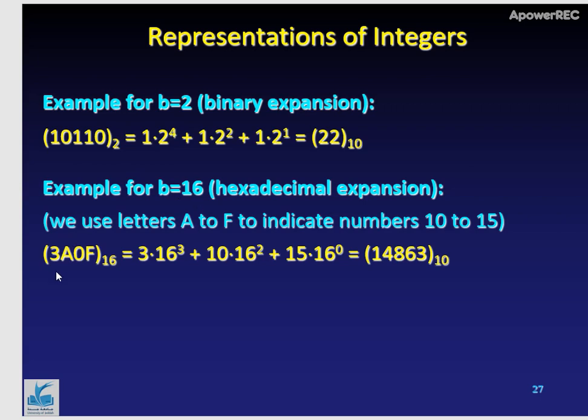So we see that here we need to express these digits by using letters from A to F. Okay? So A represents 10, B represents 11, and so on up to 15, which is represented as F. All right, so this is a hexadecimal number, which means it is represented in base 16, and it has 4